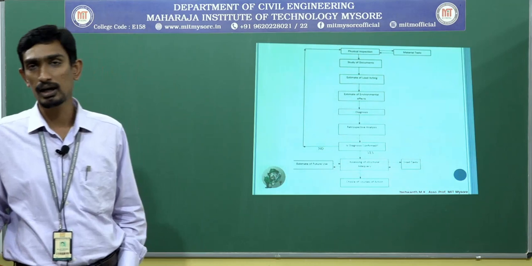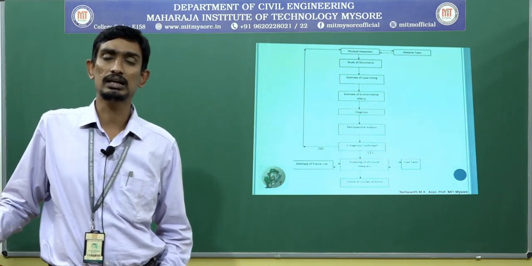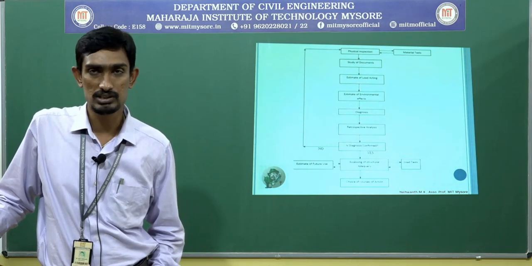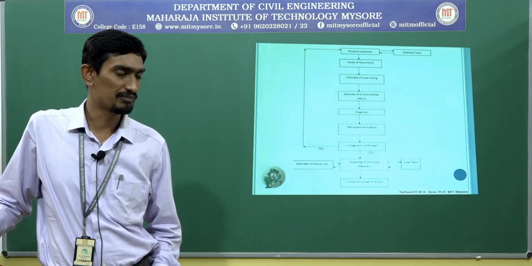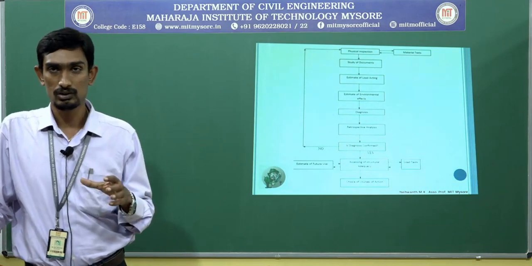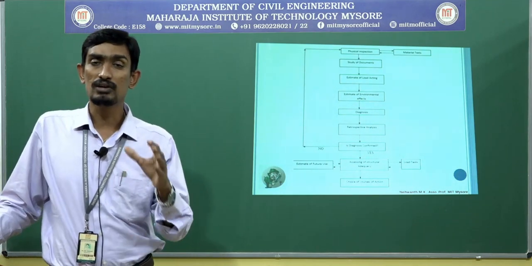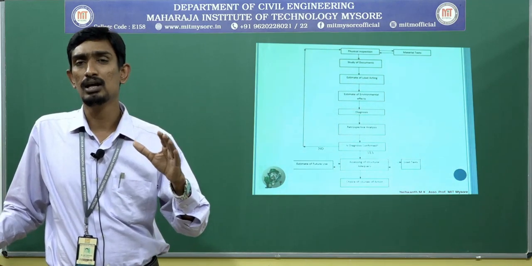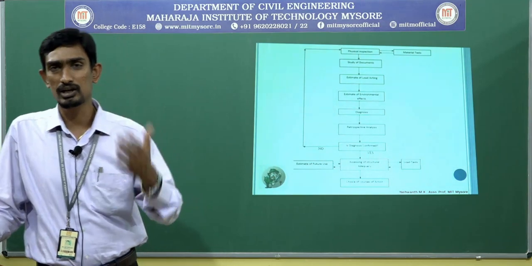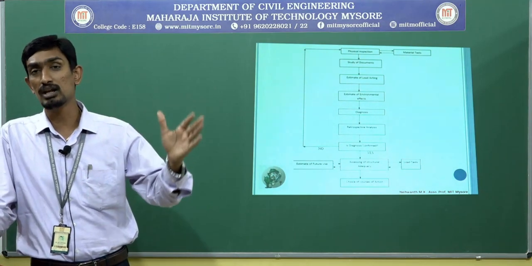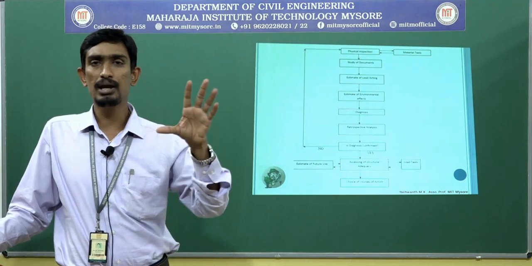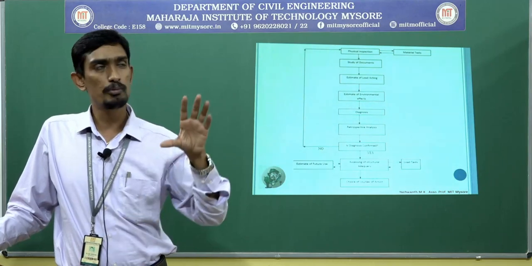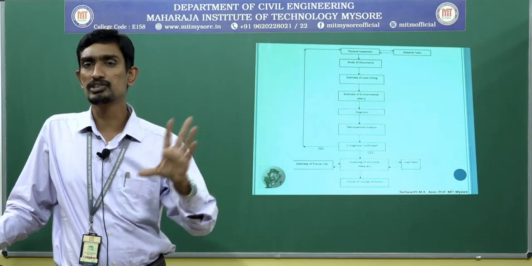Next is retrospective analysis, which is very important. Retrospective analysis means collecting the past information of a building. For example, I need to ask what the age of the building is, how many years have passed. Some buildings are constructed but not occupied for several years. It will be a bare concrete structure, sometimes with no walls, just a frame structure.